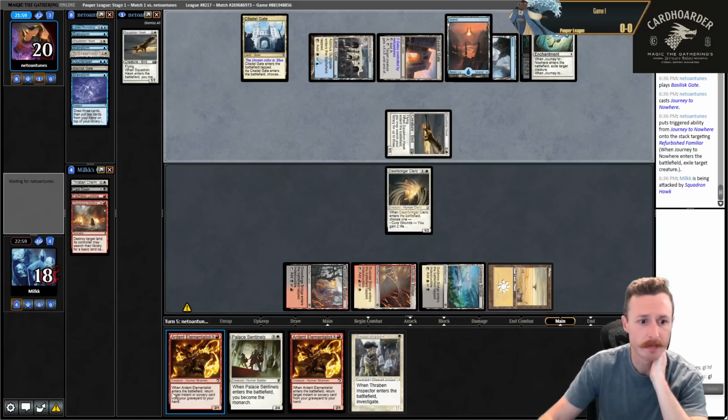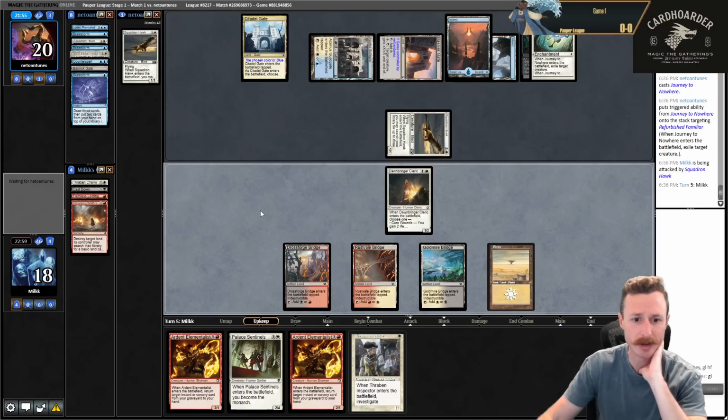And they just snap off the Refurbish. Maybe they're worried about Ephemerate? Interesting. I can Ardent Elementalist get back Thraben Charm. They probably have another counter, but...